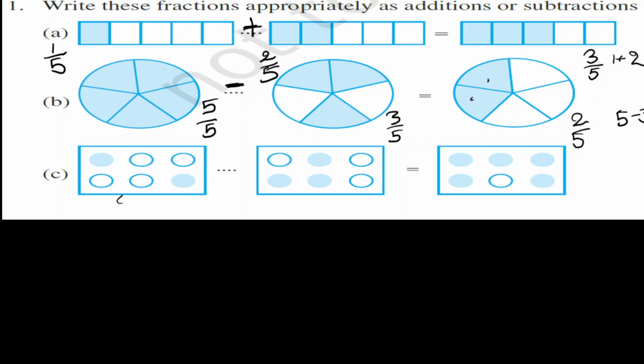And here also, out of 6 equal parts, 2 parts are shaded, and out of 6 equal parts, 3 parts are shaded, and here out of 6 equal parts, 5 parts are shaded. So here you know that 2 plus 3 equal to 5. So we can write plus sign here. And coming to the next one,